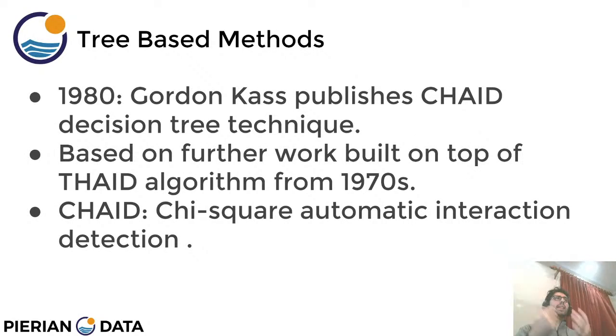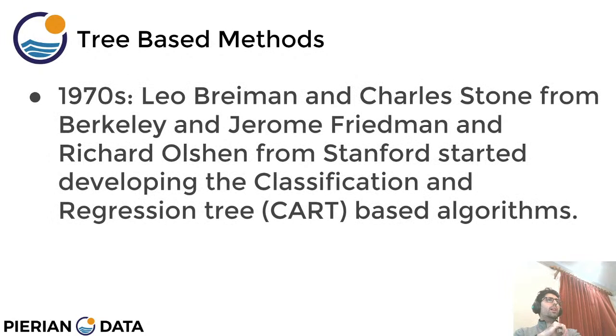Then in 1980, Gordon Kass publishes a technique on top of this. He's basically further building on top of that work. He calls it the chi-square automatic interaction detection. So we can see we're just building on top of this. And really, the big leap is while these publications are going on, there are two professors at Stanford and two professors